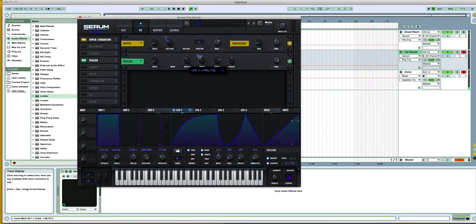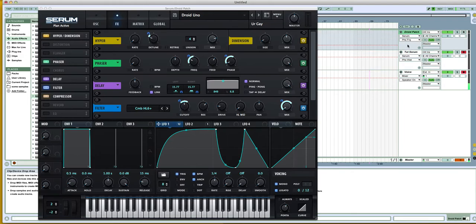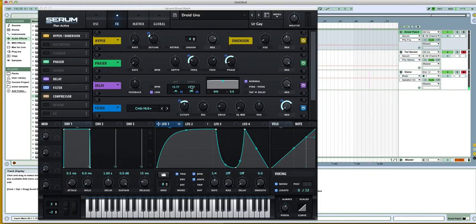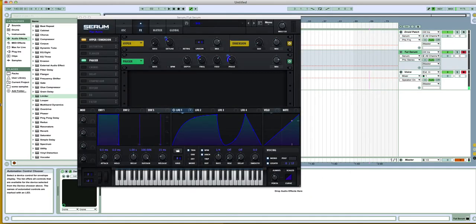But you're going to want to turn the feedback down a little bit, but you're going to want phase on, but not too much. Say about 35 might be good. And the delay is going to be this kind of